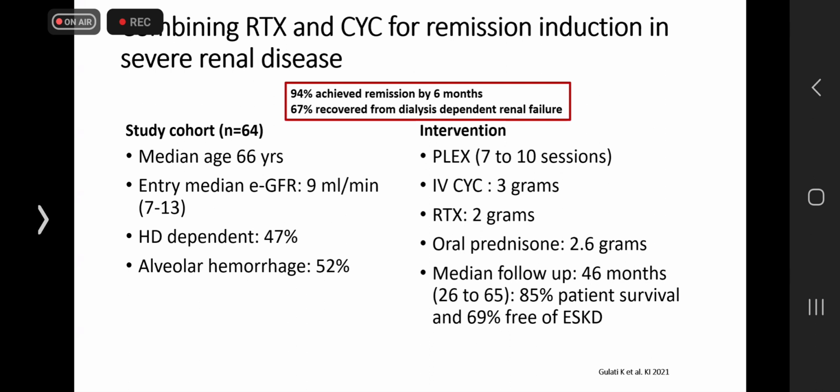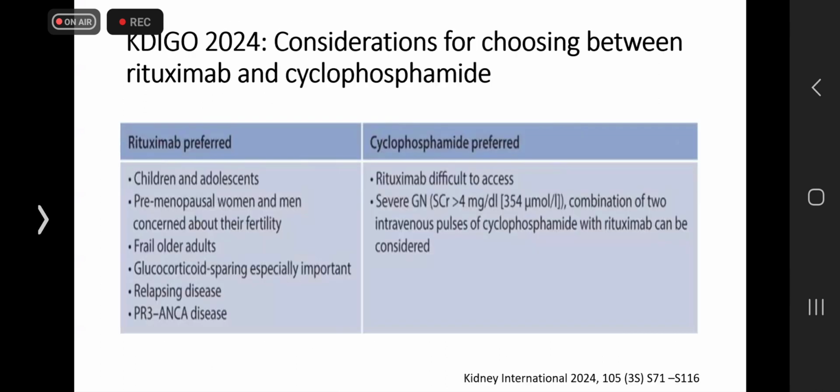67% recovered from dialysis-dependent kidney failure. There was an 85% patient survival at 46 months. And KDIGO 2024 also gives you a list of preferences where you can use rituximab versus cyclophosphamide. The main things are rituximab is preferred in patients who are young, in premenopausal women, in frail old adults,